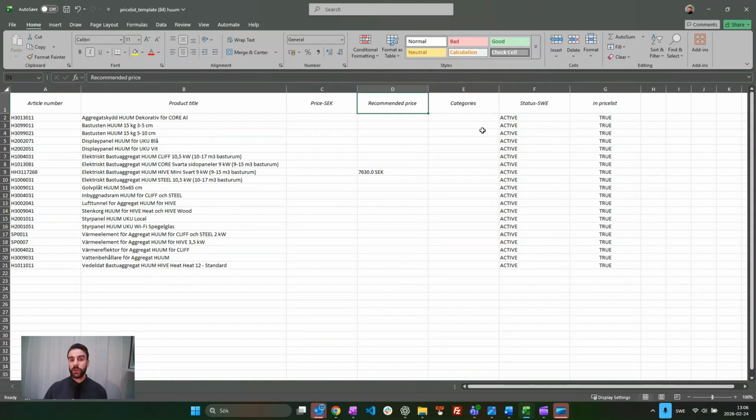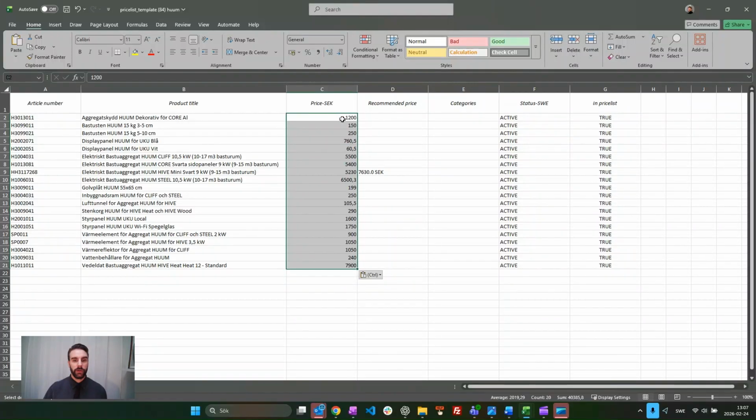Now, there's two things you have to do here. The first step is to make sure that the products you want to have in the price list are marked as true in column G, called in price list. And then the second step is to simply add the prices to each product in column C. And I have already prepared some prices here. So now let's save this template and go back to the platform